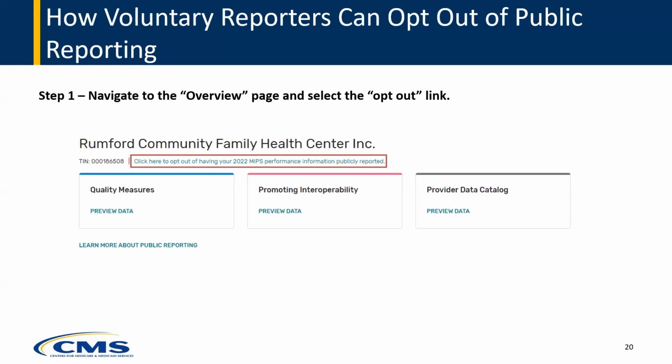The first thing that you'll want to do is navigate to the overview page. This is the page you get to after selecting View Practice Details or View Individual Preview. If you or your group are eligible to opt out, you'll see a link that says, click here to opt out of having your MIPS performance information publicly reported. Select this link. Next slide, please.